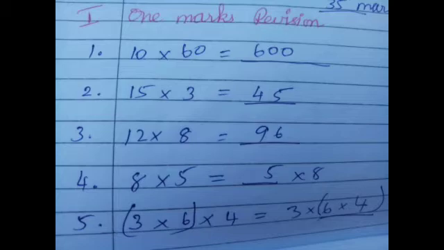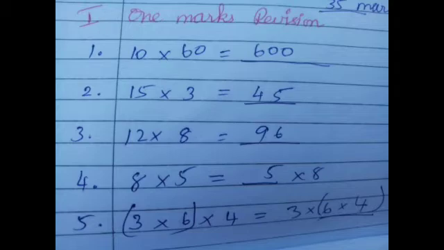Coming to the second question, 15 multiplied by 3. So this is the number. If you can do direct multiplication horizontally, you can do it. Otherwise you can write it in the rough column and write 15 multiplied by 3. 3 5s are 15, 5 and 1 should be carry over. 3 1s are 3, 3 plus 1 is 4. So 15 multiplied by 3 is equal to 45.